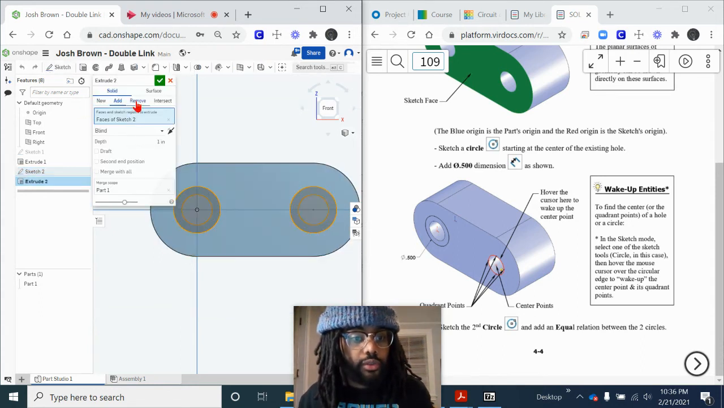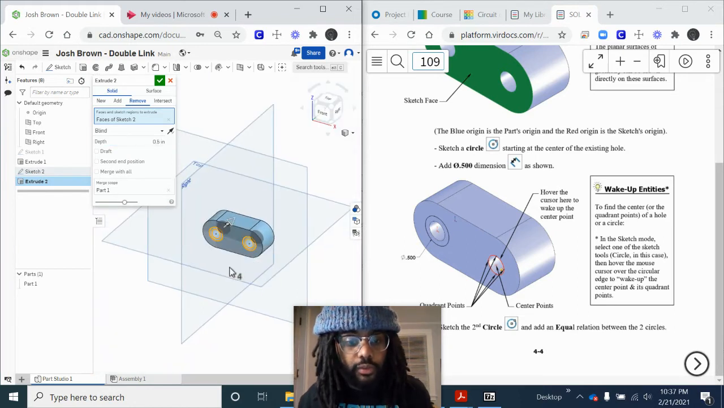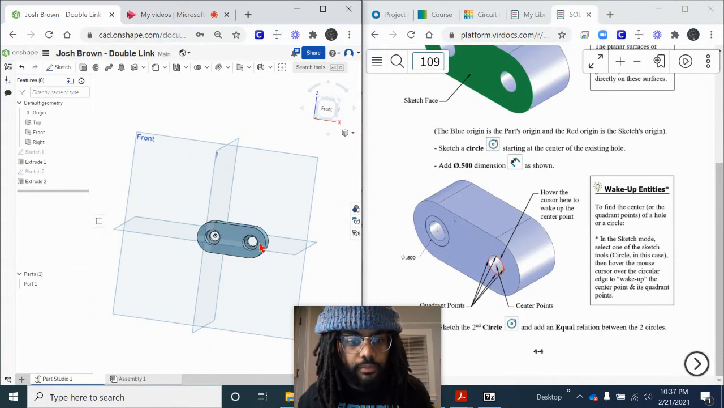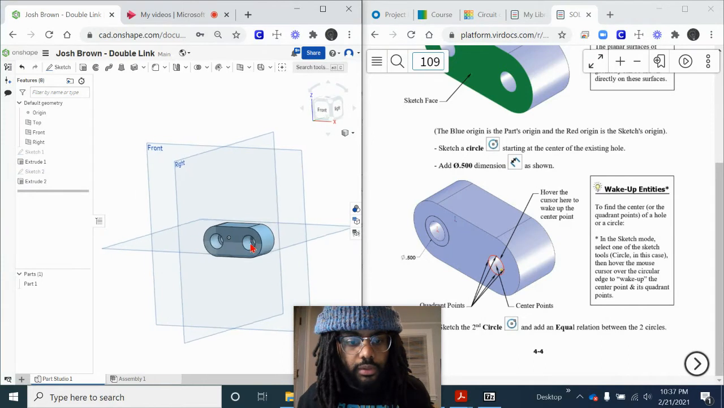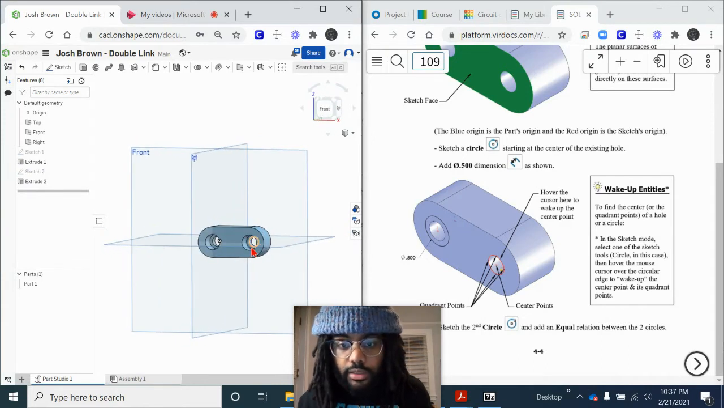What we're trying to do is remove this piece of material. It's going to be 0.5. And if you look at isometric view, we're only removing the surface level material. Press check mark. Oh, it seems like we removed a little too much. So it seems like we're only supposed to remove